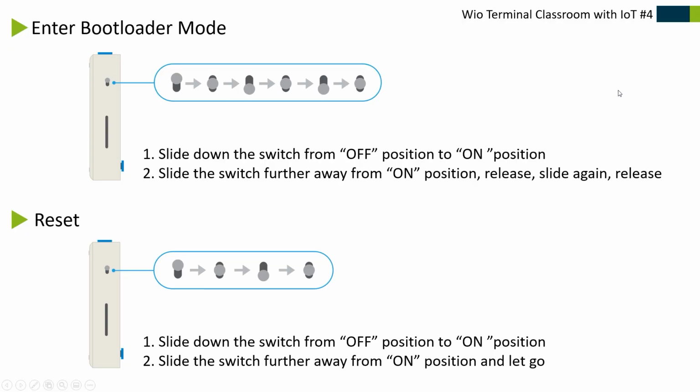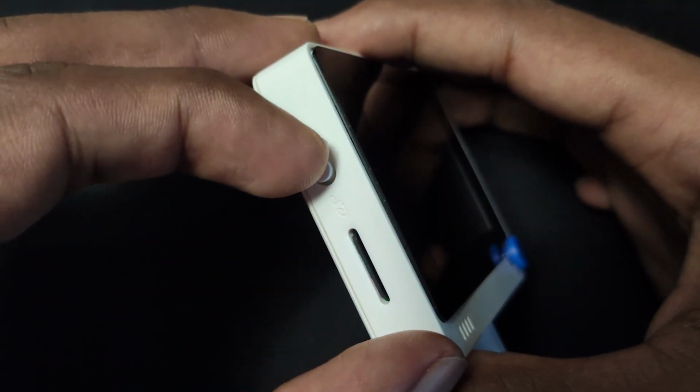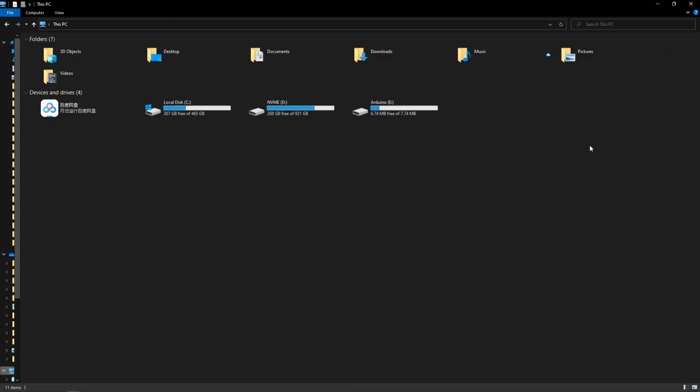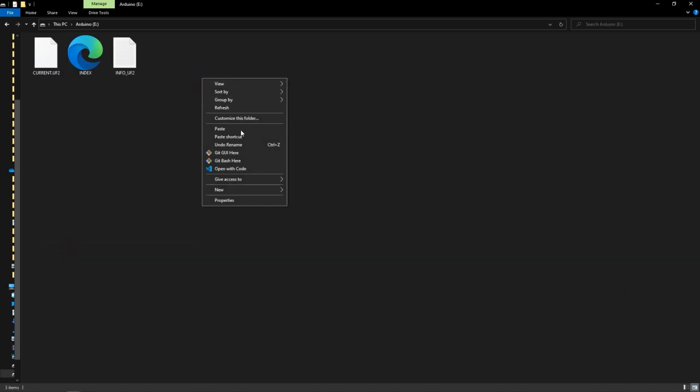Next, enter bootloader mode by sliding the switch further away from the on position, release, slide again and release. Once you enter bootloader mode, there will be a new drive named Arduino. Go into the location where we downloaded the .uf2 file, copy it and paste it inside this Arduino drive.